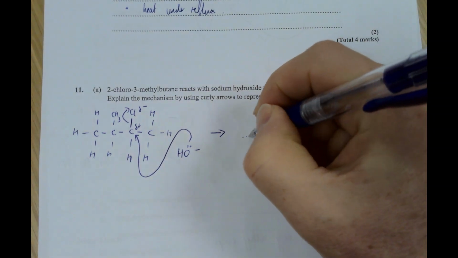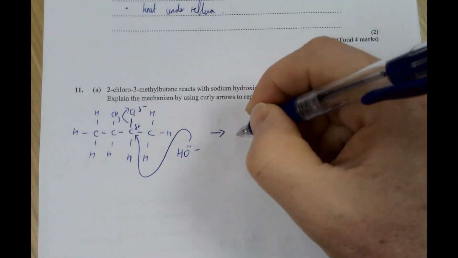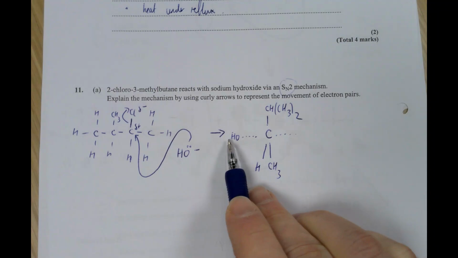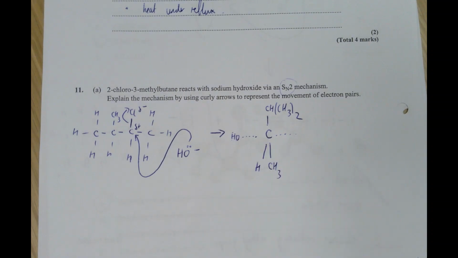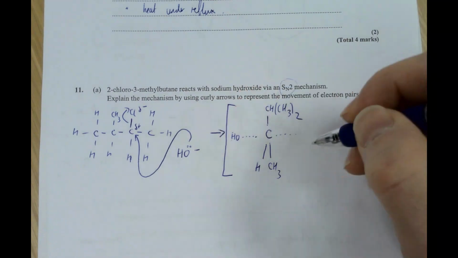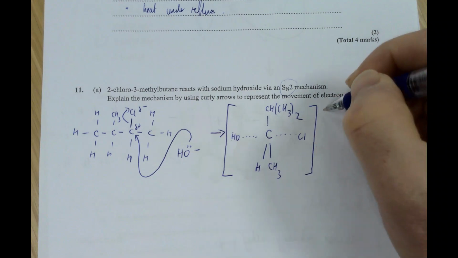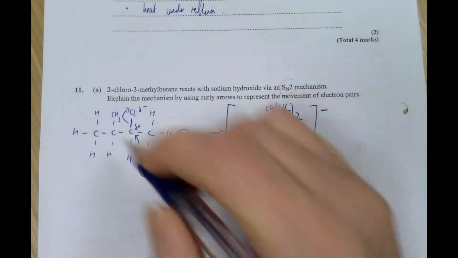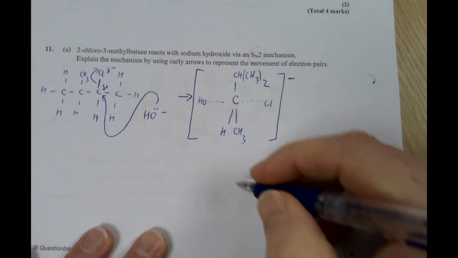And then you've got to have, with the transition state, the bond forming and bond breaking at the same time. Now you have to have the O and the H the right way round. If you've written OH there, that implies that the hydrogen is bonded to the carbon directly. That doesn't happen because hydrogens only make one bond. It's also showing the carbon-chlorine bond breaking, and that whole thing has got to be negatively charged because there's a 1 minus on all the reactants, so there must be 1 minus on the transition state,